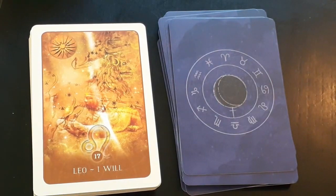Leo, I will. The spirit, personality, the heart, romance, the start of a romance, fun and crazy romances, romantic desires, flings, passion, the heart of the matter, grandiosity, that which is beautiful and makes a statement, creative invention, a work of art or being individual. Cats, children, lots of noisy children, the classroom, excitement, play and where you go to play, bars, nightclubs,